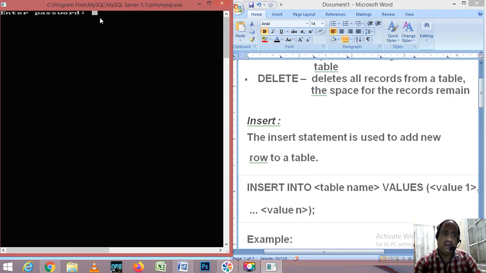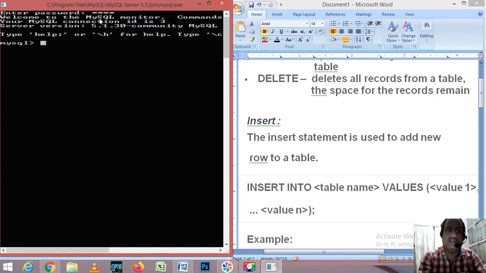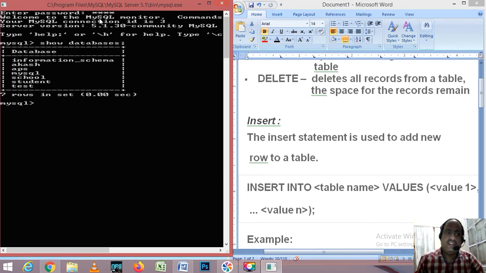Now first of all, how will we check our previous database or our table? First of all, you have to write root as the password. Now check your tables or your database. So first of all, SHOW DATABASES and put a semicolon. You will find the list of databases which are available in your MySQL. Now our previous database is APS. So how can we open the APS database? USE APS and semicolon.